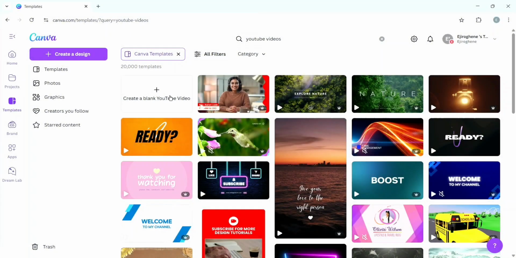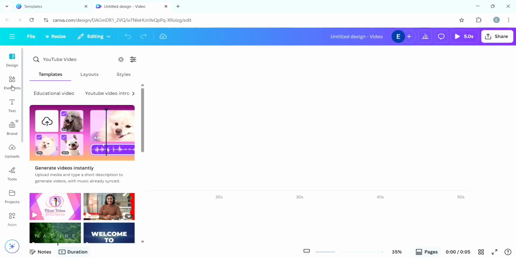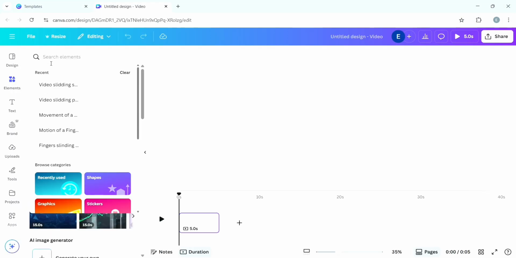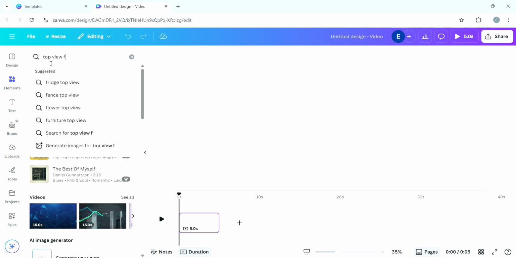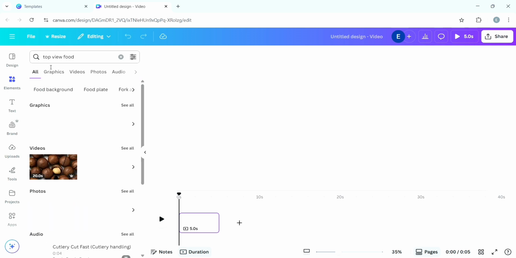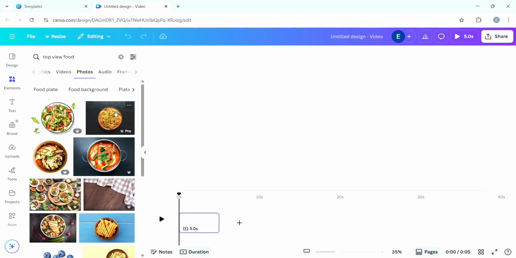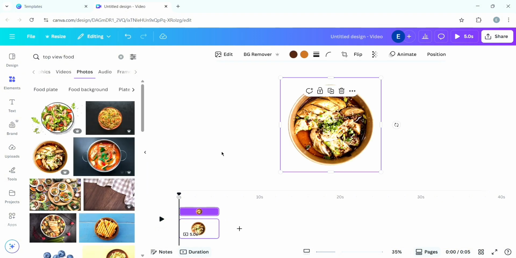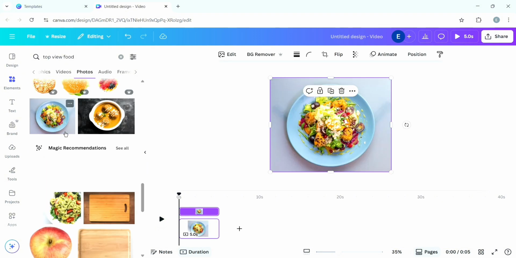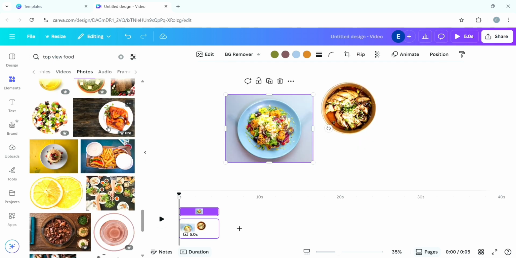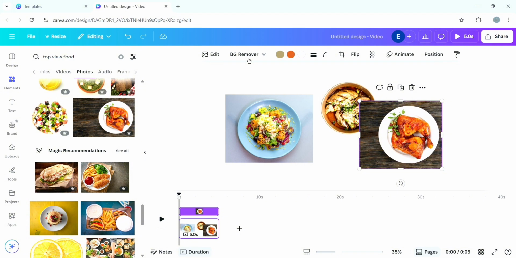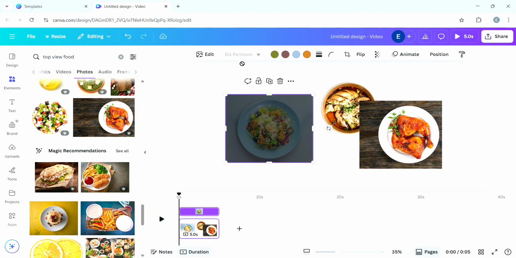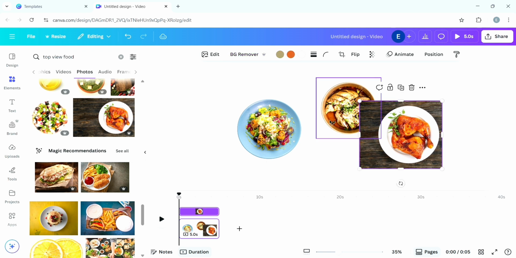So you go into Canva and you want to click on create a new video. Go over to elements and you want to type in top view food. Then you go ahead to pick the one you want to use. So I'm going to be using this and this for this tutorial. So just go ahead to remove the background, click on each of the food and go ahead to BG remover